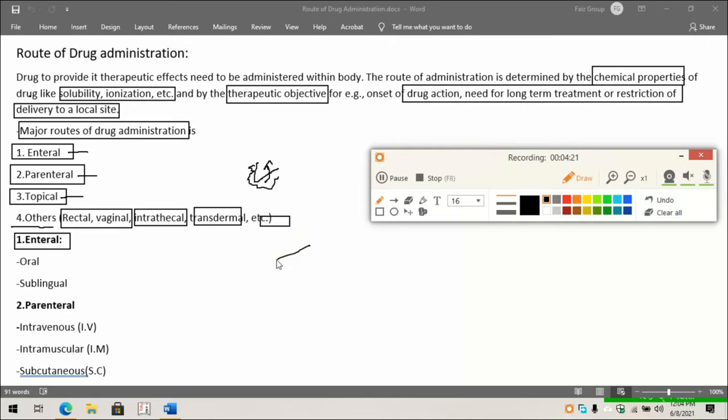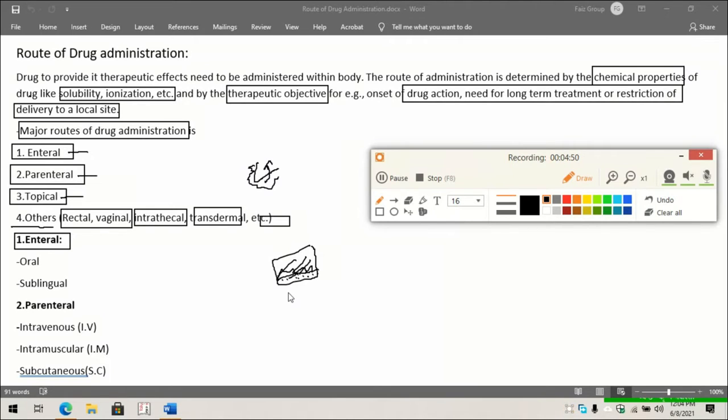And if this is the cheek and this is the gum and here are teeth, and between the cheek and the gum, if we are placing the drug here for absorption, then it is the buccal route of drug administration. This is a rough figure, just for